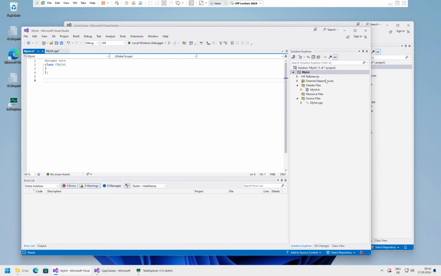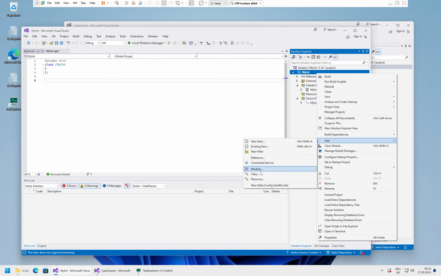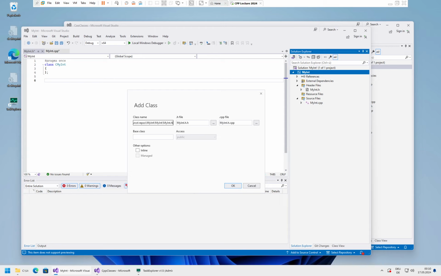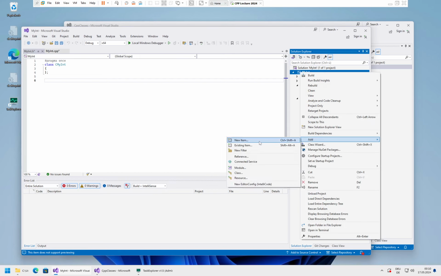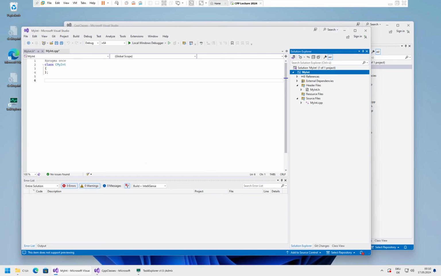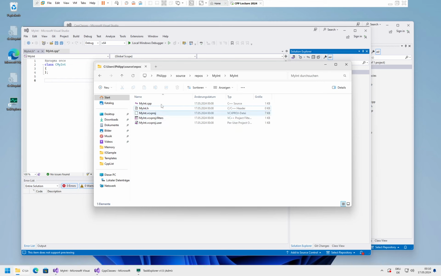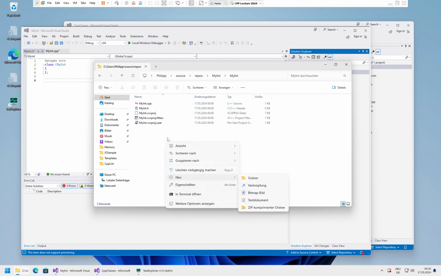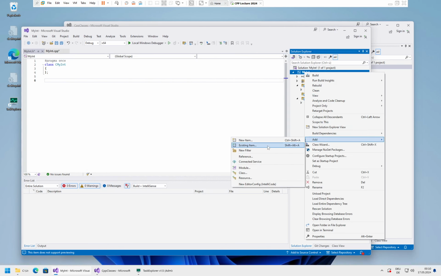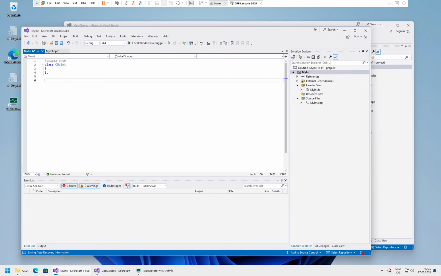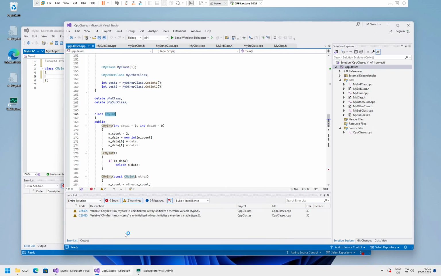So as mentioned, you can create a new class by just using add and class. This allows you to specify a name, and then you can edit the file names and also set the base class. The other method is that you just add individual files and rename them, although this usually adds them at the root directory level. So the other option is that you create files directly in your folder, or you create a subfolder for them, and then you can use the add existing item command to add those files to your project retroactively. Okay, so it created our myInt class here,